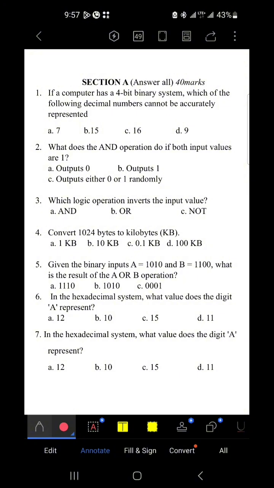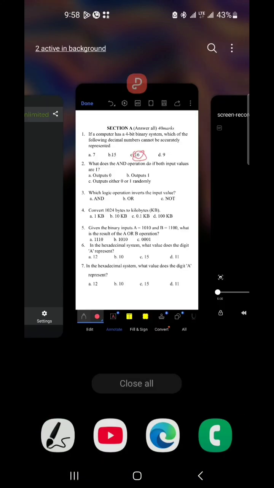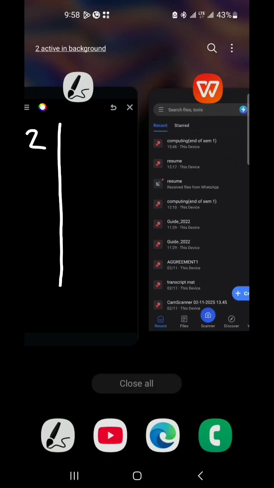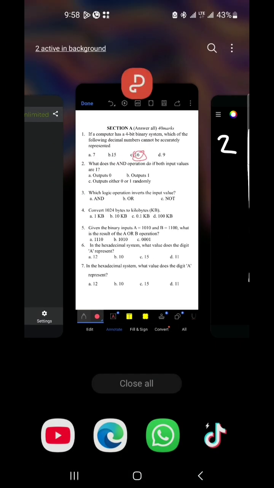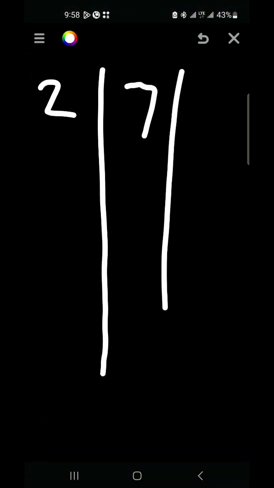So the correct answer is C. Okay, the correct answer is C, that is 16. So if you do the calculation here, we have the first option, which is 7, right? So if you do the calculation,